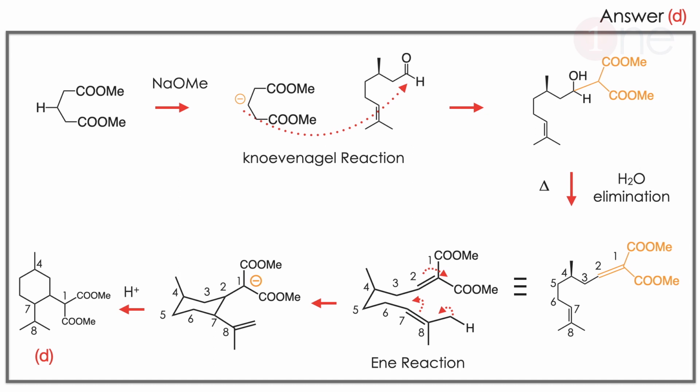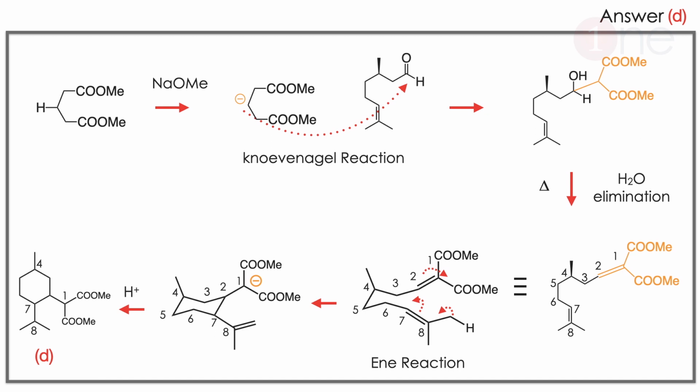To avoid confusion, you have to number the carbons, then it will be easy. Here I wrote it as an alkene, then I try to convert it into the chair form. There will be a diene. Then you have to write the ene reaction. It will convert to ring closure and alkene formation. You have to move the electrons in such a way that it forms the 6-member ring. Since the ring formation is stable, ring formation will happen.